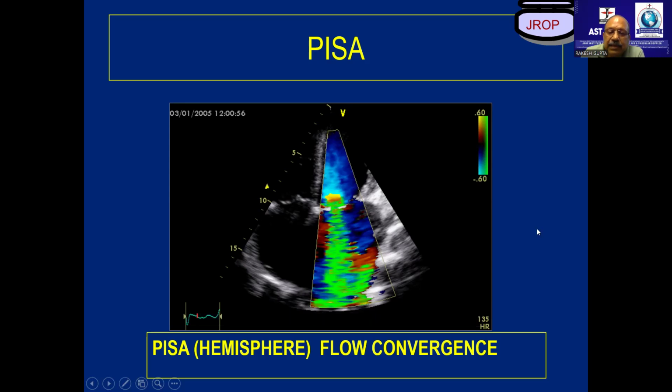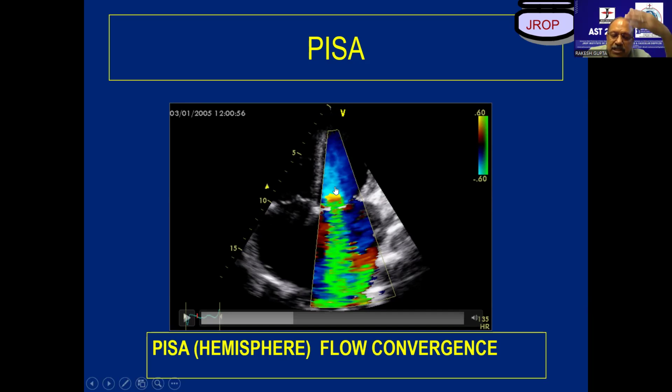Correct? Yes, sir. And the best answer is, tomorrow you take a bucket of water and put it in your wash basin. As soon as you put the water in the wash basin, you'll hear a gurgling sound and you'll see multiple hemispheres of water draining into the pipe. And this is one direction, it's two dimensions, so we are just cutting a slice across it. So we take the radius of these hemispheres, from this point to this point, that is the radius of this hemisphere.